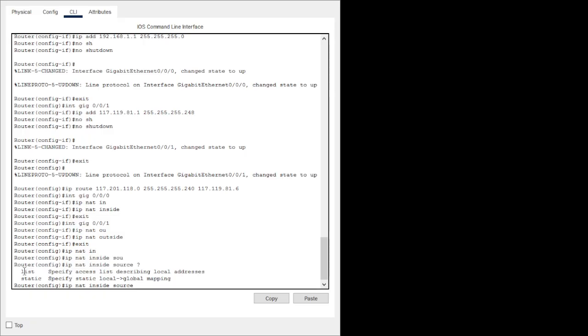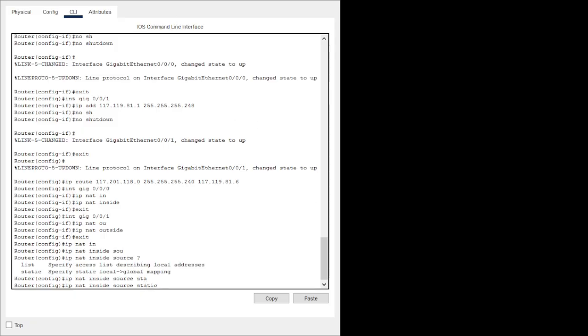For that, I will create an access list in which only that pool of private IP addresses will be permitted to be translated by NAT. In that scenario, we will use an access list. But here in this case, I have taken only one PC, so there is no need to take a list. Instead, we will take static,